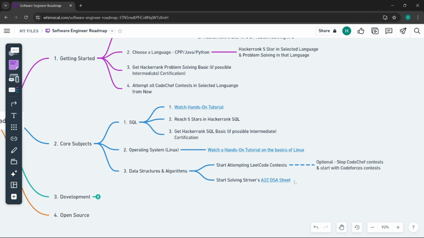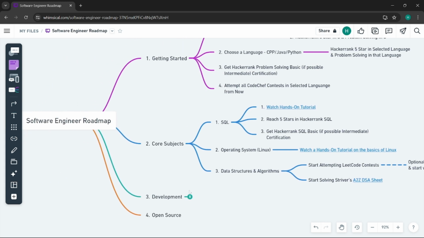I guess there are more than 100 to 150 questions in that, so you can definitely solve this DSA sheet. And one more point here: in this DSA sheet, you will be solving a number of questions, right? Striver has uploaded an explanation for each one of the questions in this sheet. So you can find all the solutions on his YouTube channel directly, and you will be able to solve them, right? Now let's go to the next one, development.